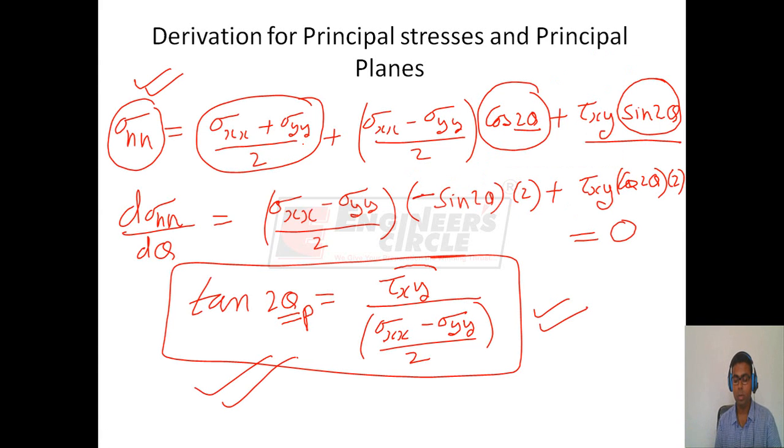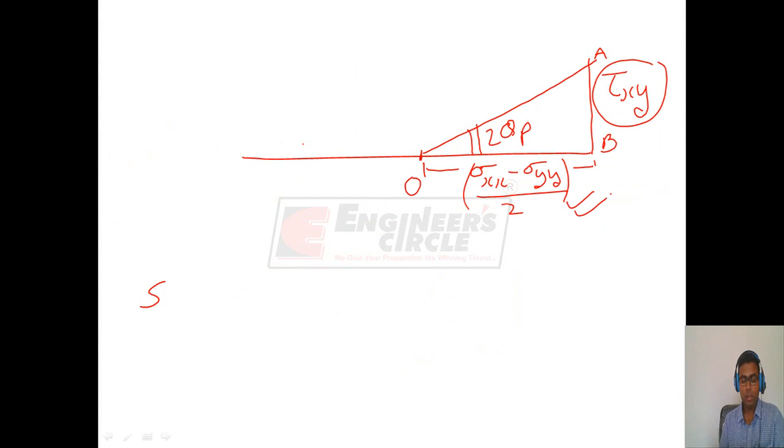So from this we can get sin 2 theta p equal to perpendicular upon hypotenuse. This is the perpendicular and the hypotenuse is AO. The value of AO can be found